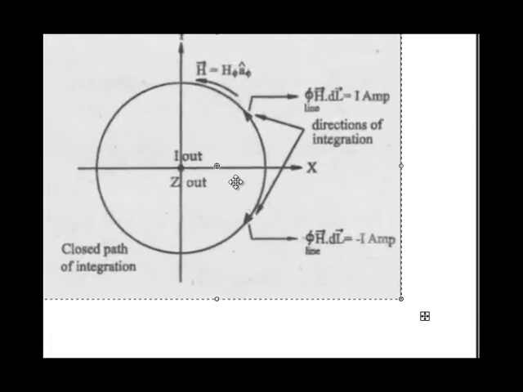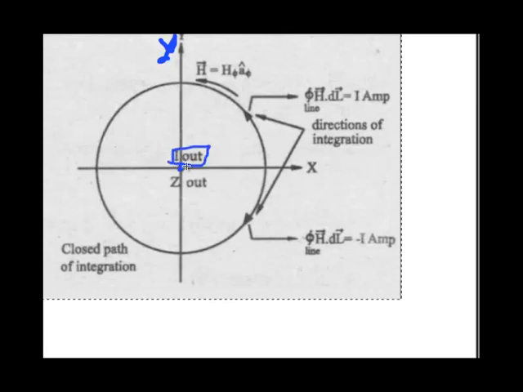So you can see this figure. In this case, the z axis is shown as a point here because it is a top view. From the top view, we can see the z axis as a point, and this is the x axis and this is the y axis. The current is flowing from minus z to plus z, and that is why it is shown as I out. It is coming out, and the magnetic flux lines rotate about the current in anti-clockwise direction.